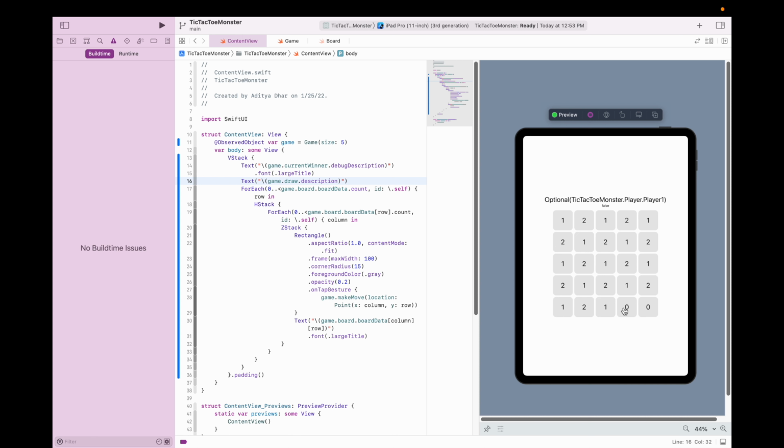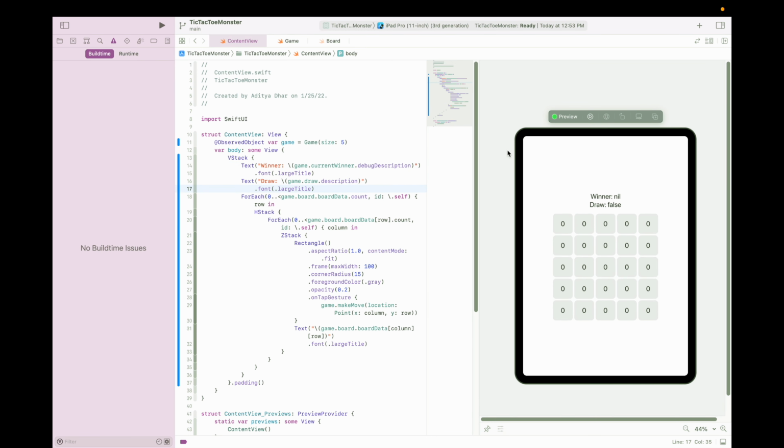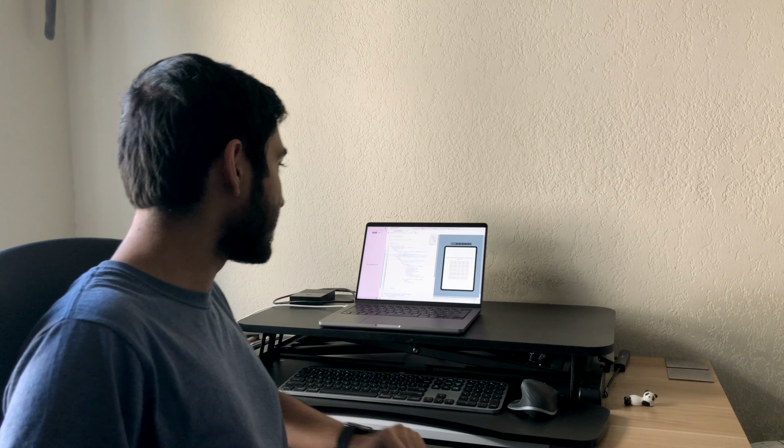So there it is. Okay, well, I made a winner already by accident. My bad. But as you can see, draw still works because it's true. So let's move on. We're just going to put the finishing touches on this now. I'm pretty happy with where I left it off. I actually have to go right now, so yeah, we'll pick up later.